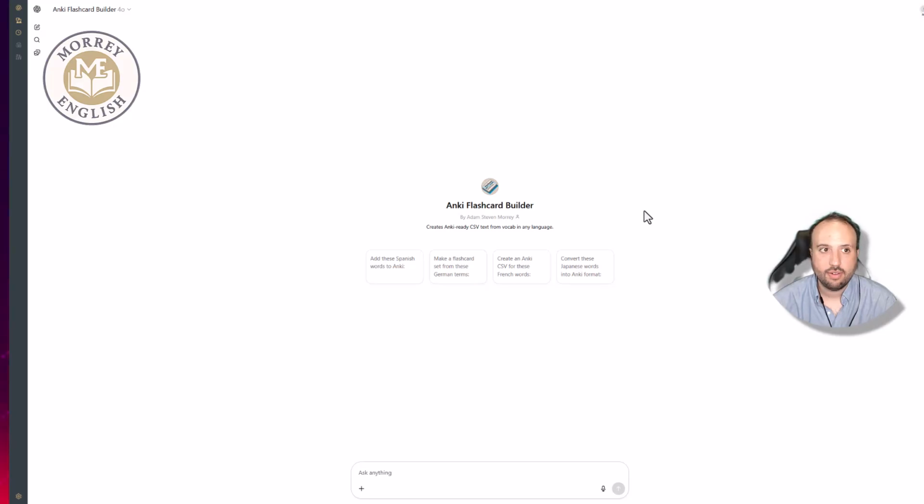So here we are now in my Anki Flashcard Builder in Chat GPT. The link to this GPT will be in the video description. I'm going to make one flashcard for you to show you how it works. But basically, we're going to give this GPT a list of the vocabulary or phrases, idioms, phrasal verbs that we